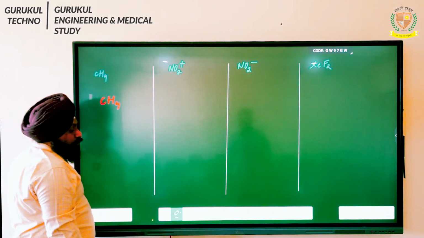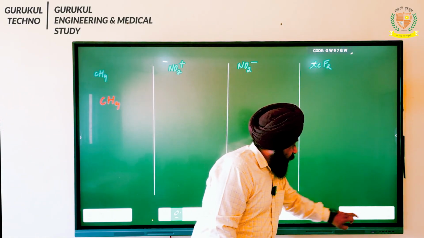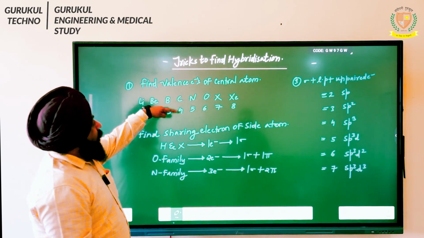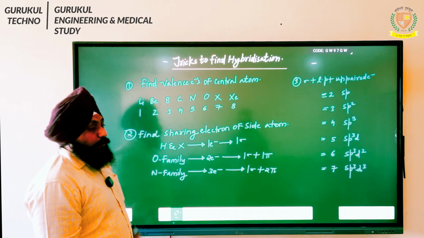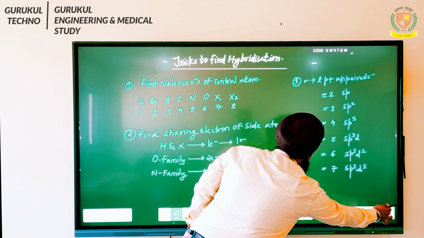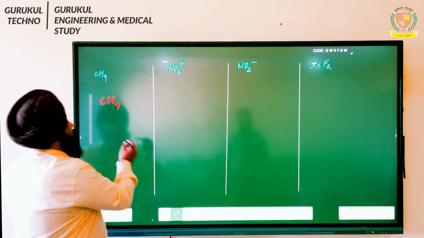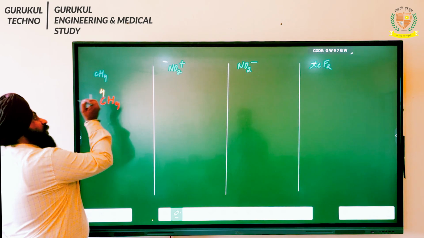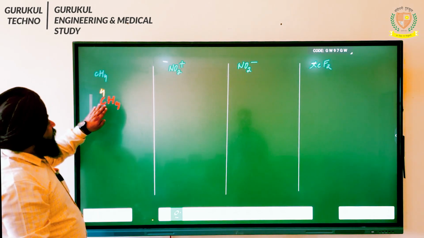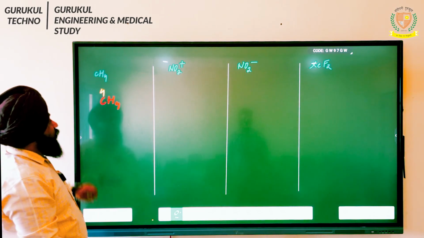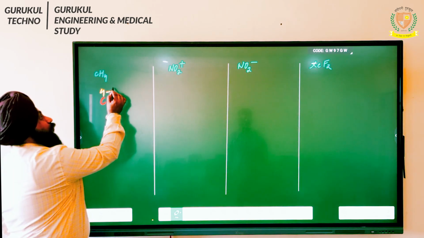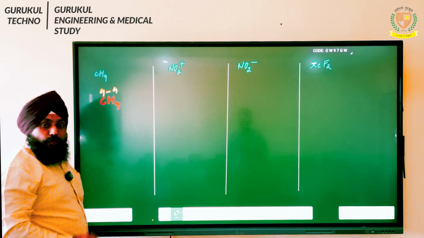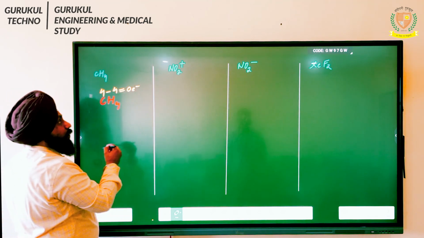Now methane belongs to which family? See, the central atom over there is carbon. So the valence electron is going to be what? It is going to be 4 over there. So I'll write the valence electron of carbon is going to be 4. And what is the side atom over here? It is hydrogen. So one hydrogen's sharing electron will be 1. So we have 4 hydrogen over here. So students, we will write 4 minus 4. So it will be coming up to what? It will be coming up to 0 electron.